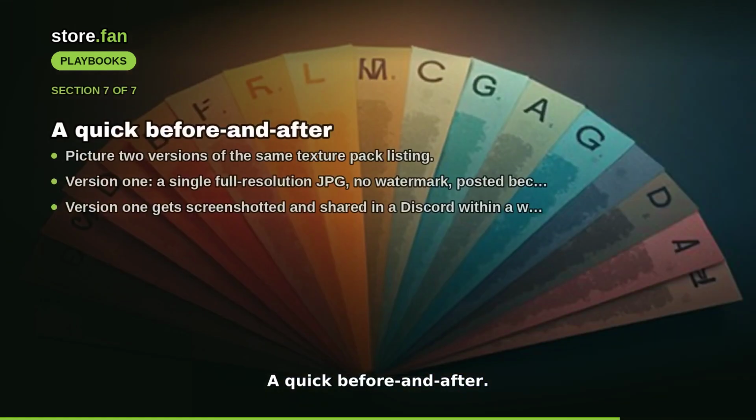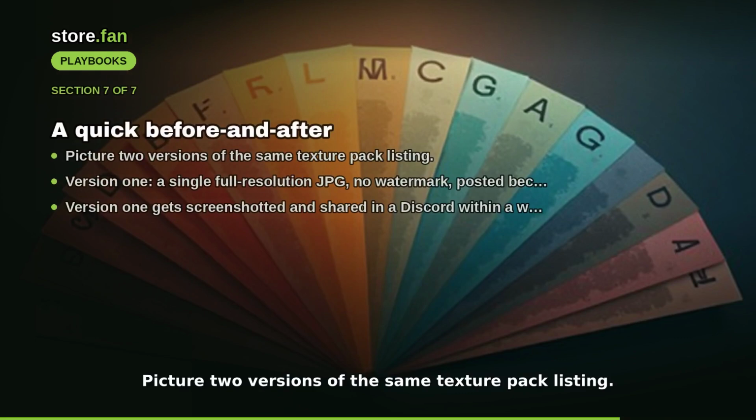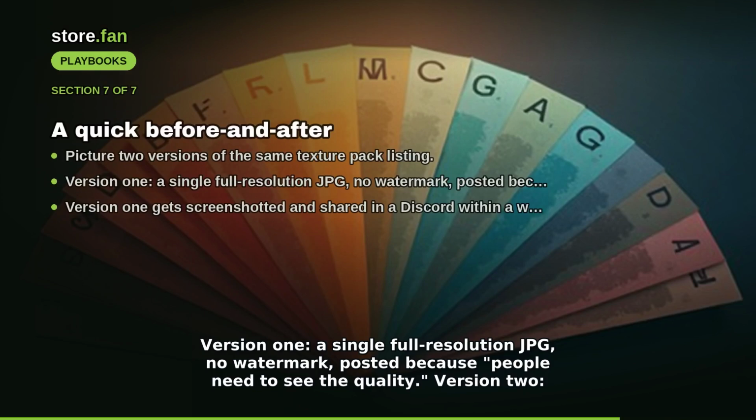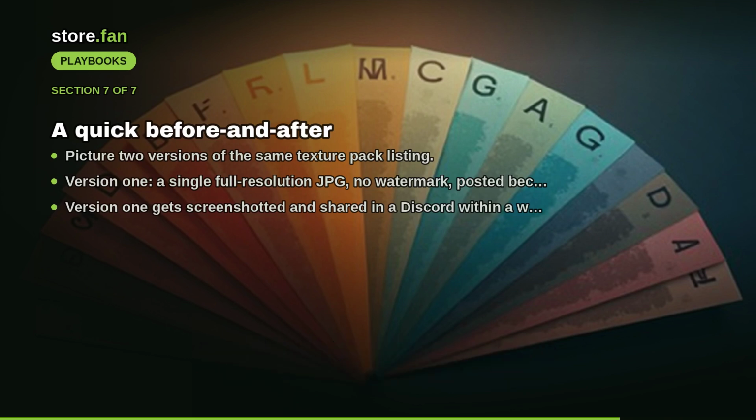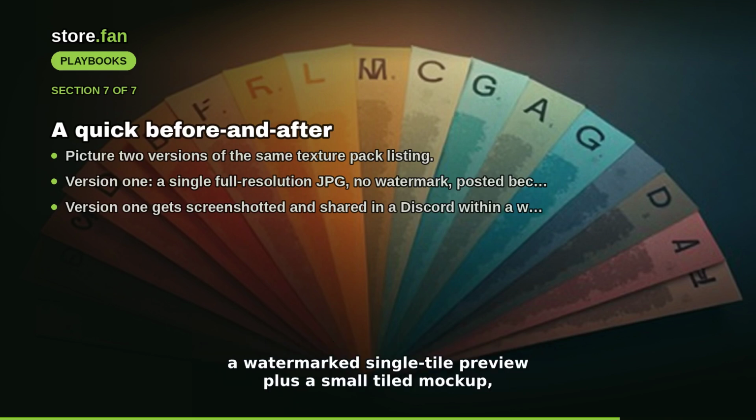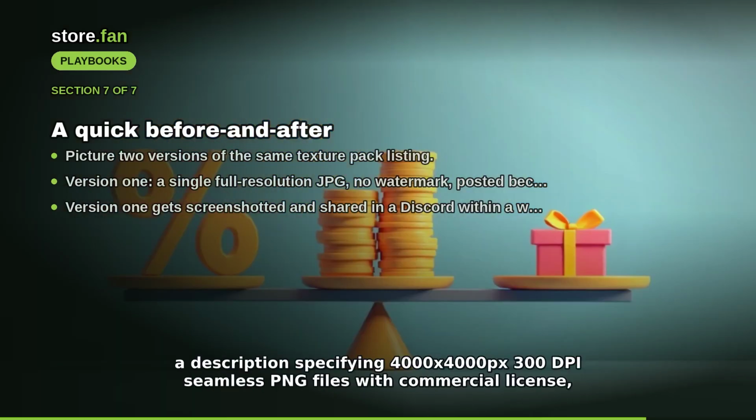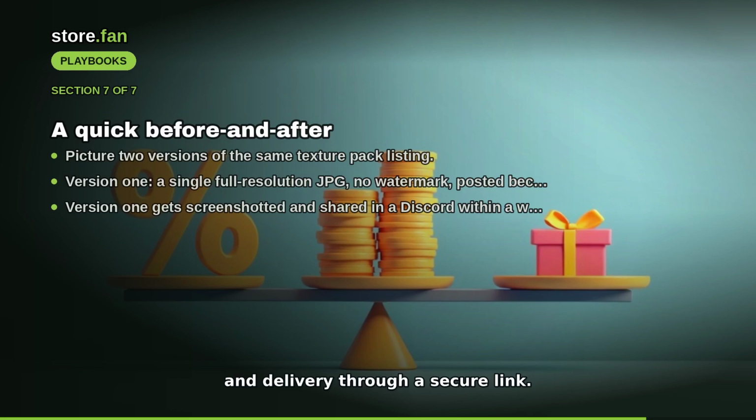A quick before and after. Picture two versions of the same texture pack listing. Version 1. A single full resolution JPG, no watermark, posted because people need to see the quality. Version 2. A watermarked single tile preview, plus a small tiled mockup. A description specifying 4000 x 4000 px 300 dpi seamless PNG files with commercial license, and delivery through a secure